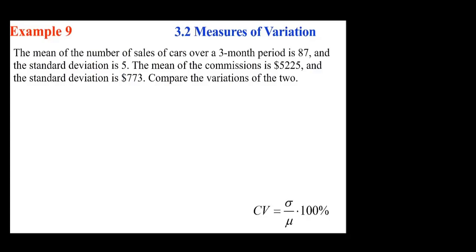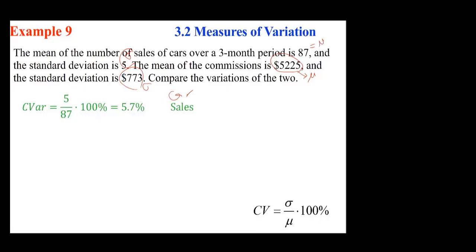We want to compare the variation of the two. There are two different things completely. So we want to compare coefficient of variance. So with that being the case, the first one, this would be mu, this would be sigma. For cars, this would be mu, this would be sigma for commissions. So we divide the standard deviation by the mean, and then we change it to a percentage. So car sales, the number of cars, if you will, the percentage, you can say car sales. And for commission,